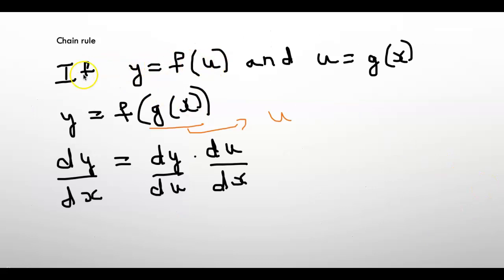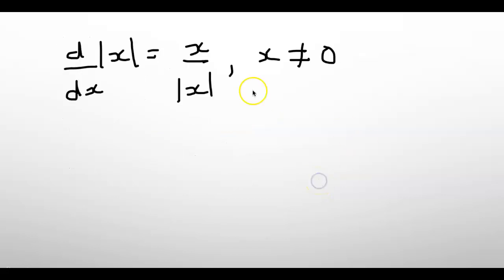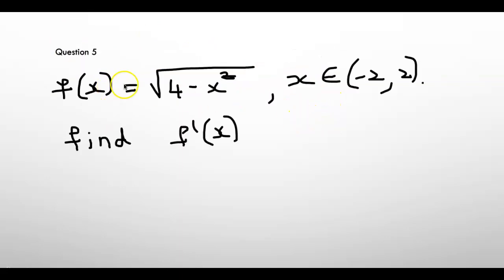Now we have the chain rule, which is extremely important, and this says that if y is a function of u and u is a function of x, then dy by dx is dy by du into du by dx. We'll learn this more when we apply it to problems. One more formula to remember, that is d by dx of mod x is x by mod x, provided x is not equal to 0. So coming to the next question, f(x) is root of 4 minus x squared, where x belongs to the open interval minus 2 to 2,